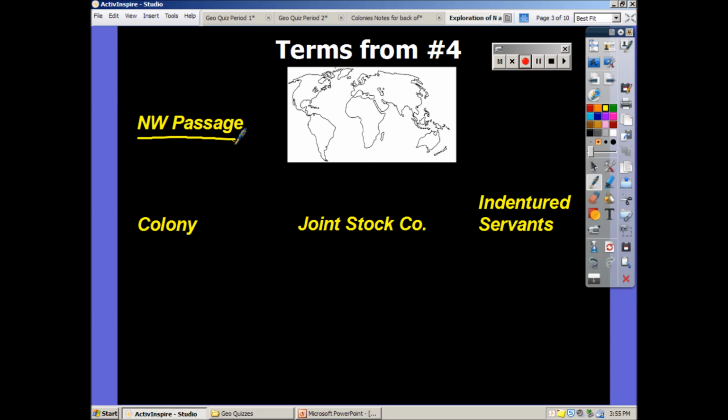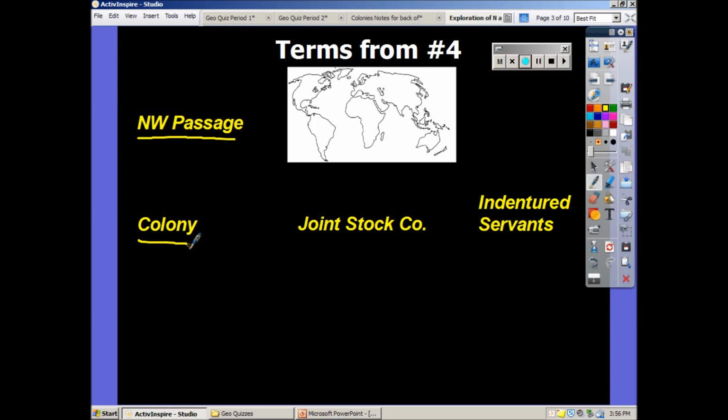Now, a colony is what is set up by both the Spanish and the French, as well as by the English. The English did probably a better job of setting up those colonies than the Spanish. It's probably a toss-up between the English and the French. But the idea is that no matter who lives in the New World, they're always connected to where they came from. And so the key idea of a colony is that the mother country, the country that you came from, is the country that you are connected to. They will dictate your future, and they are in command of most of what you do, and you've got to remember that as a colonist.